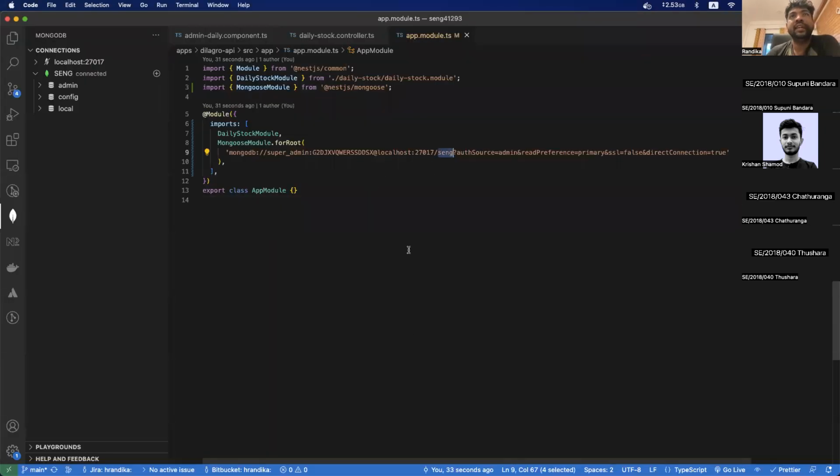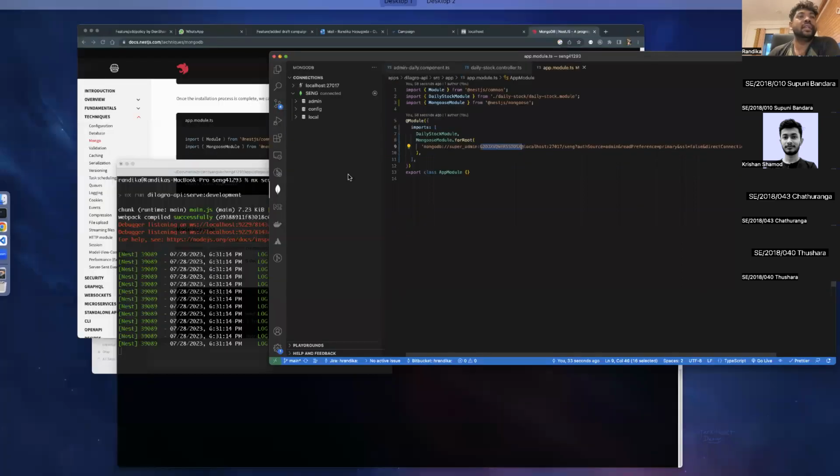And if you guys can see, I have put the database name right around the end of the port and the slash, and that means the database is called SCNG. If I go and refresh here, I think there should be a connection made and some data transfers to be made. It will create this. For now, let's keep moving. Make sure this thing is working as expected, like what we have done. Okay, next thing that I would do is